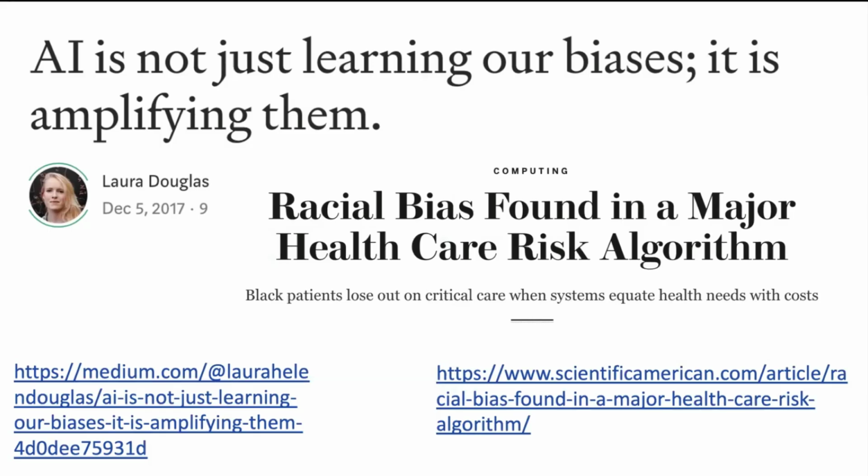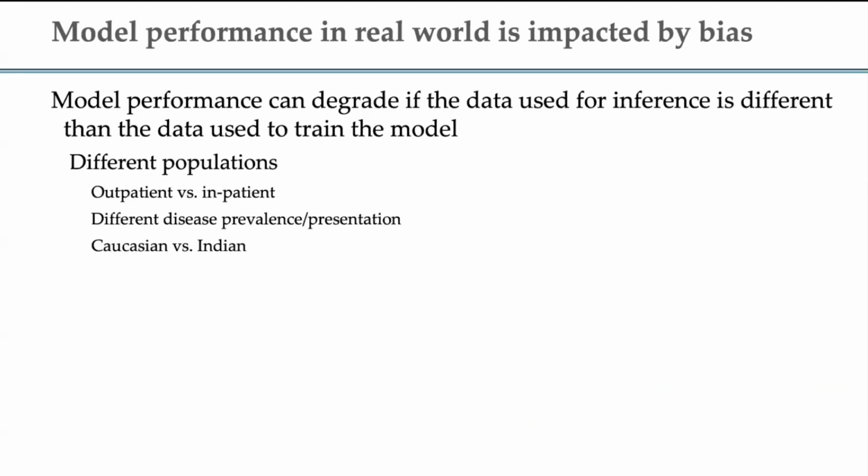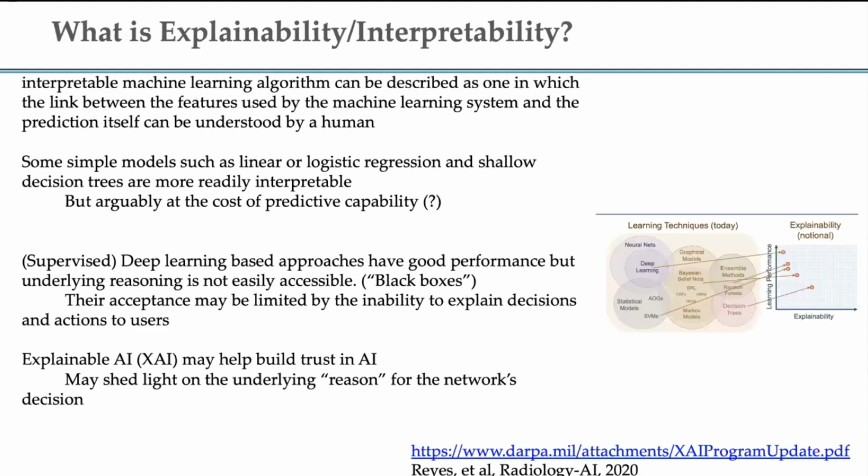There are many reasons why, when we're training a model, we're encoding what's already present in the data and trying to propagate that. But it's more than that. There are structural reasons why biases can creep into our algorithms: different populations, different disease prevalences, as mentioned, different body profiles, where the algorithms may work less well or better, and different acquisitions.